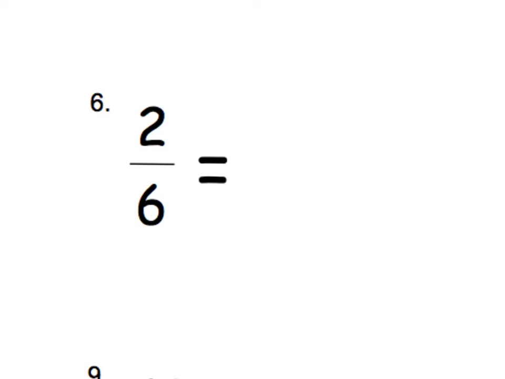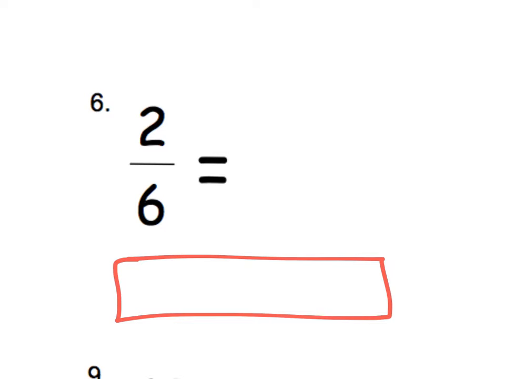Okay, let's make a bar. Let's break it up into 6 parts. 1, 2, 3, 4, 5, 6. Remember, we count the spaces, right? Not the lines. We count the spaces. 1, 2, 3, 4, 5, 6. So here we have